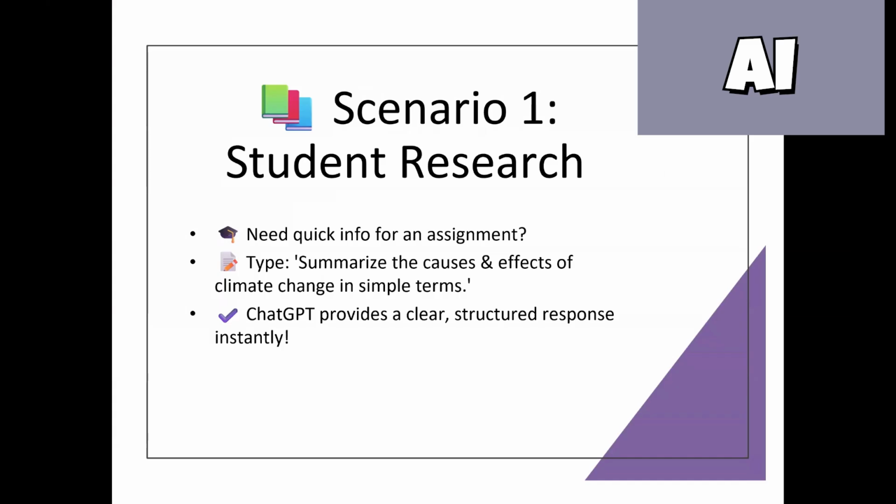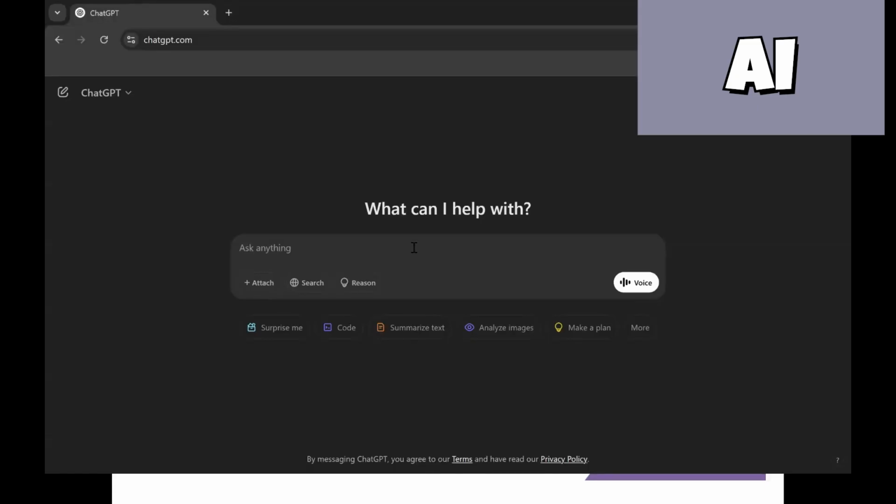Tip number one, using ChatGPT for research. Let's say you are a student researching climate change for an assignment. Instead of reading dozens of articles, let's use ChatGPT for this project. Let me switch to the ChatGPT screen and enter the prompt